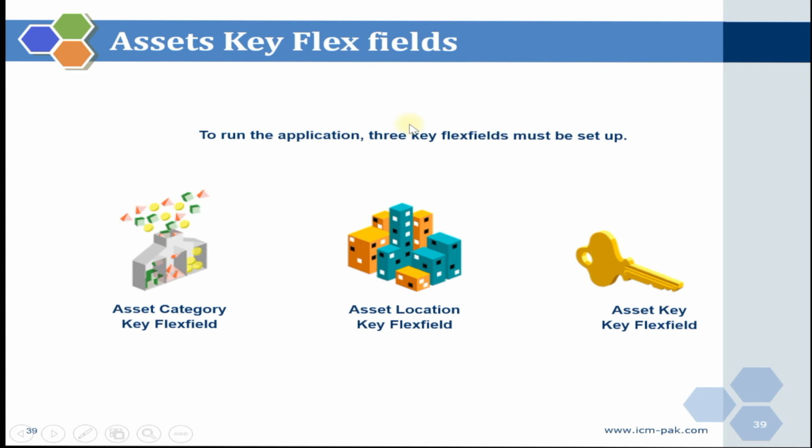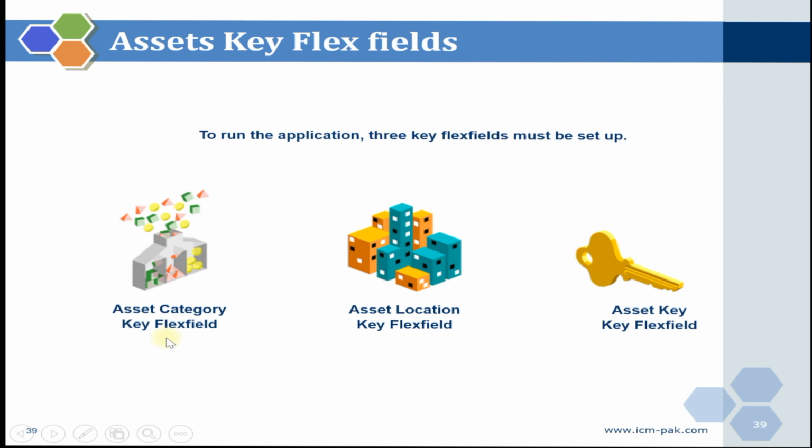Now if you are working on the assets, there are 3 flex fields which we must configure. A flex field, as I explained, is a flexible field. You can say it's a virtual table, where you can define multiple fields based on your requirement. For example, you have the asset category flex field. For this, you might have 2 columns, major category and minor category, or you can have more than 2 columns, major category, minor category, and the project. Whatever your business requirement is, you have to